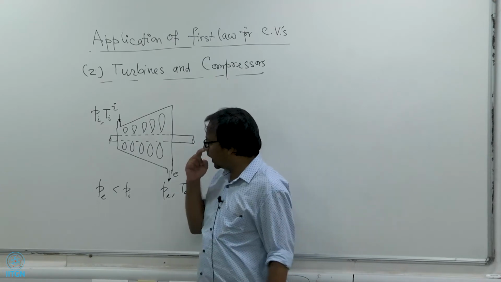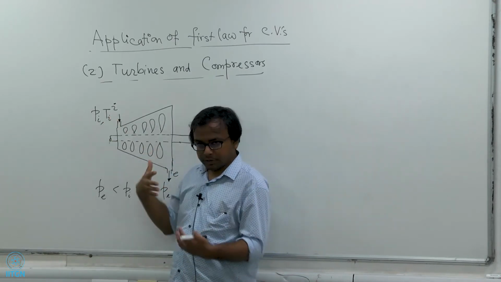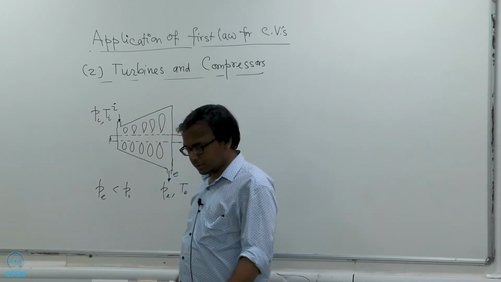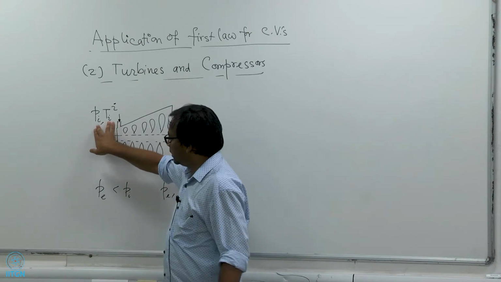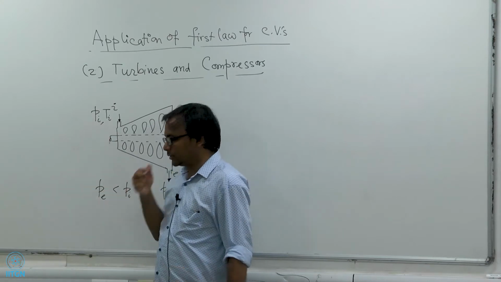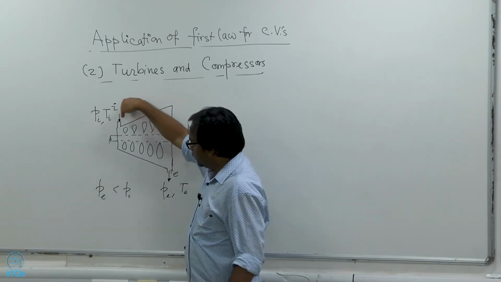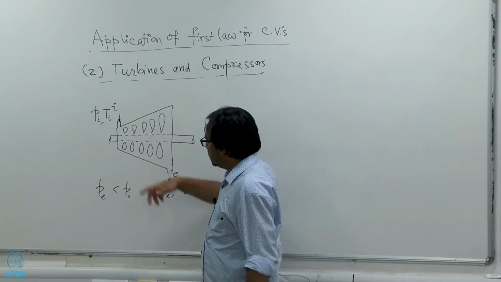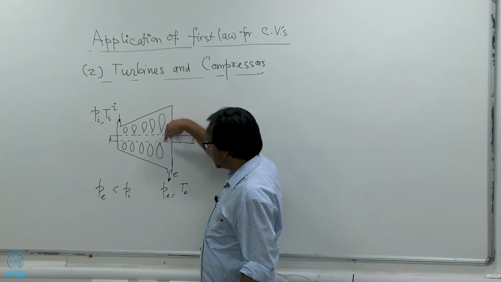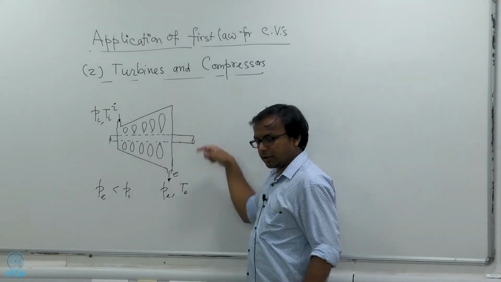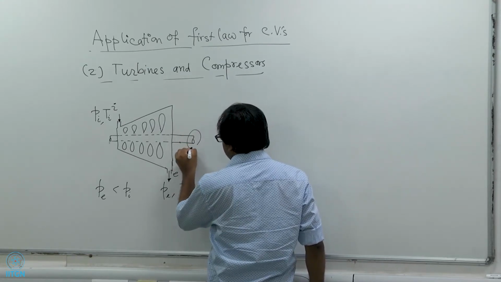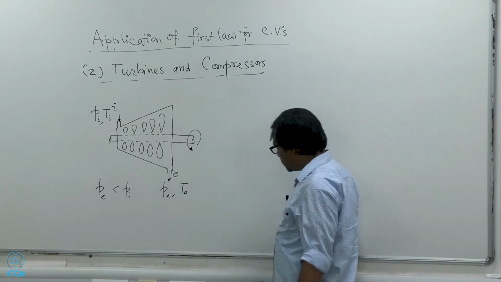So what happens inside? As the high pressure, high temperature fluid goes in, it rotates the blades because it is at a very high pressure. You can also understand that the enthalpy of the fluid here is very high because it is at a high pressure and high temperature. This high pressure stream comes in and rotates the blades, which rotates the shaft. The blades are connected to the shaft, so the shaft is also rotated in the process.